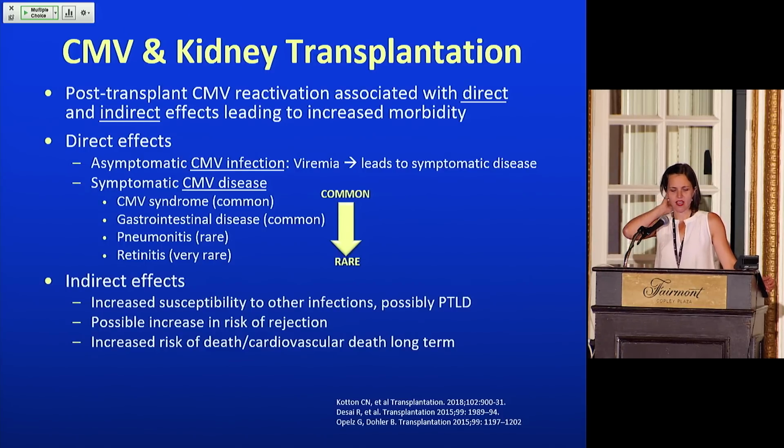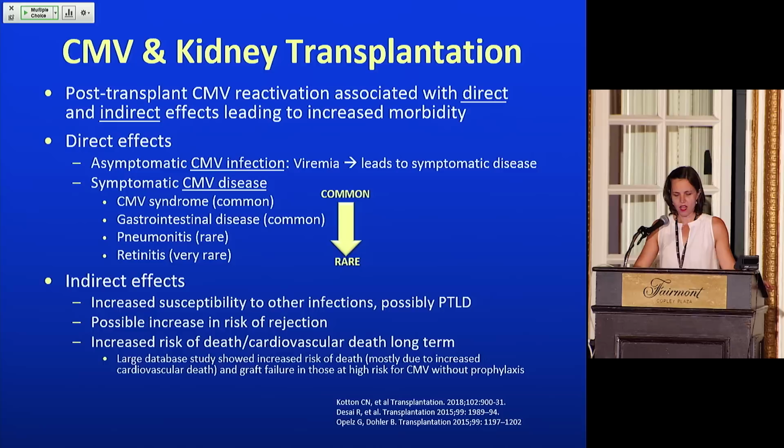The indirect effects are that these patients can have increased susceptibility to other infections and probably also PTLD, which is something we had already covered. It probably increases their risk for rejection because the CMV stimulates their immune system. And then lastly, there's increasing data that it probably increases their risk of death or cardiovascular events in the long term, so we're talking over decades. There's a large database study that showed increased risk of death, mostly due to cardiovascular events and graft failure, in those who are at high risk for CMV who were not on prophylaxis compared to people who did get prophylaxis. We're talking about their risk of death, 10 to 20 years out from transplant, was higher than the